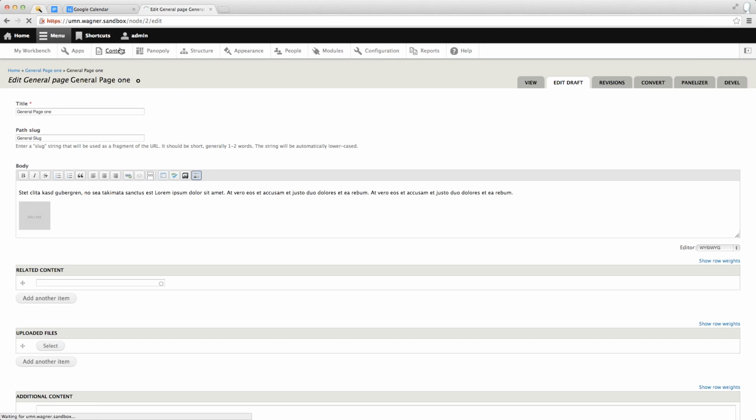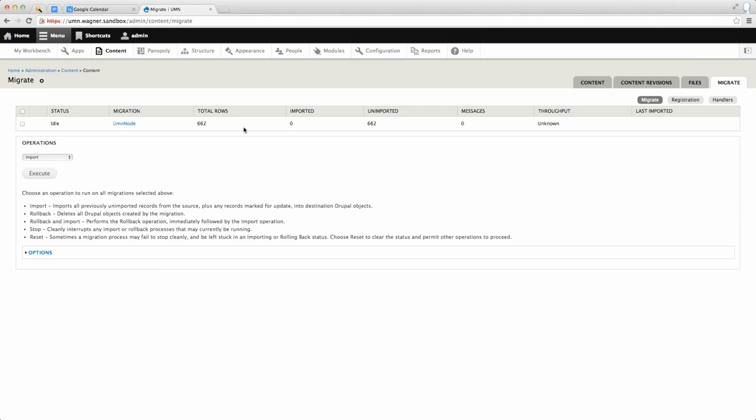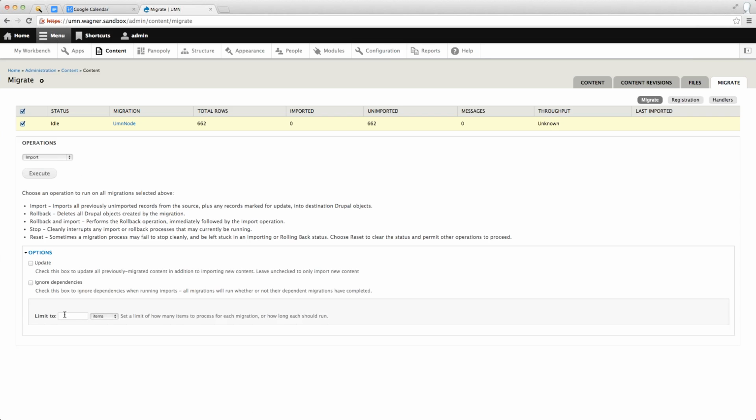The next topic that a lot of people have been discussing is the migration. And migration is very straightforward. The first step, which I have already taken care of, is to import the database that's provided by the migration people from UMN. And thank you very much for the hard work that UMN has put into making that in a format that we can import. So once you've gotten that imported, you just go to Content and Migrate. As you can see here, there is the UMN node with 662 rows right now. We're not going to import all of them because that would take a long time. And so we're just going to check that one. We're going to go Options, and we're only going to import